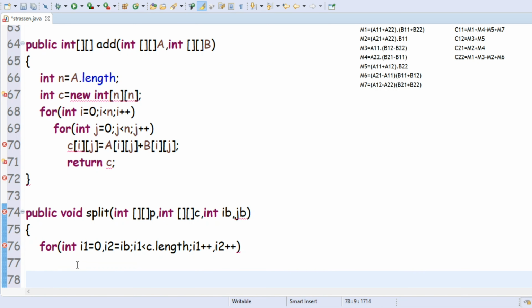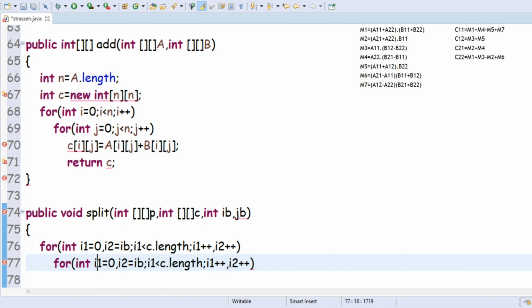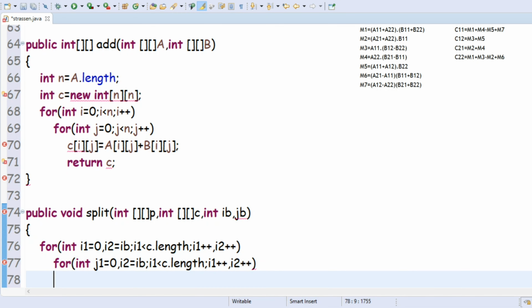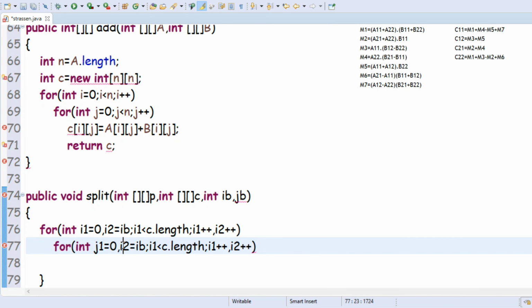In place of i I will replace j, next jb, next j1, and here j1 must be incremented and here j2 must be incremented.